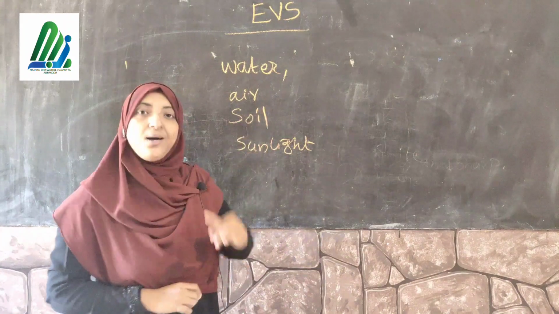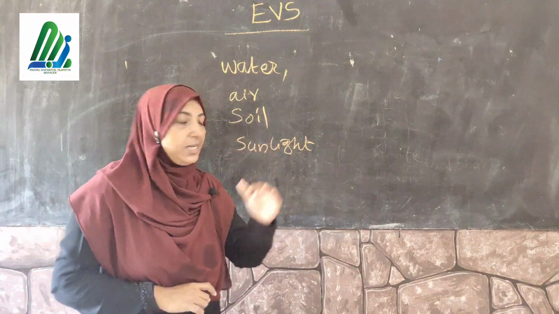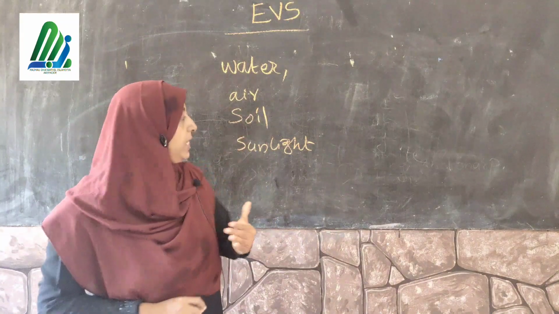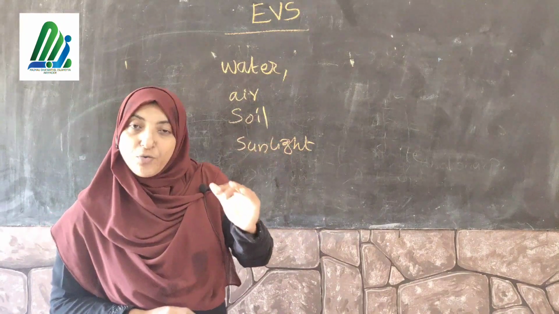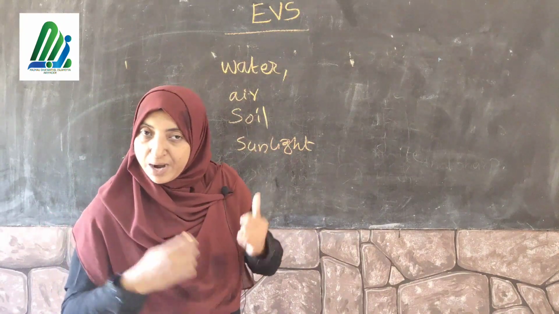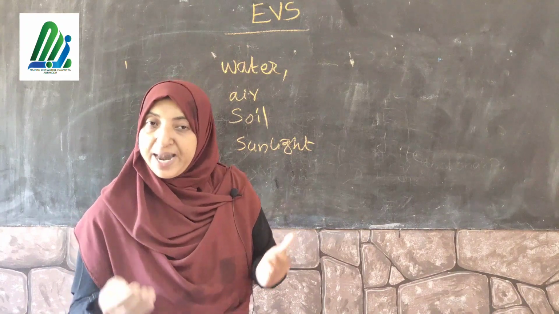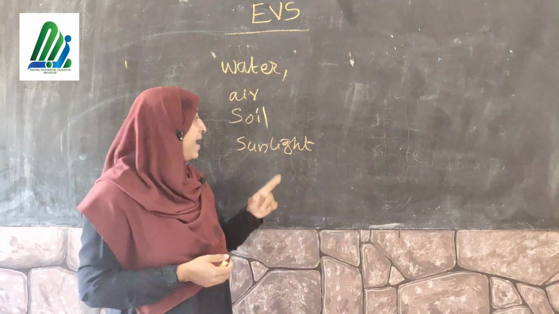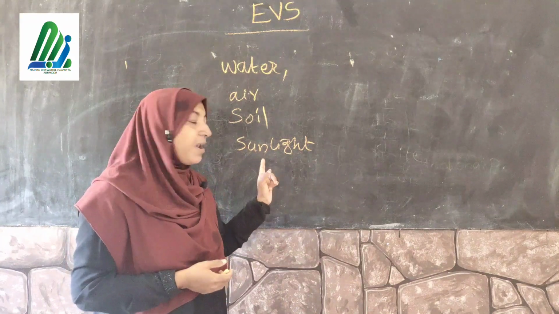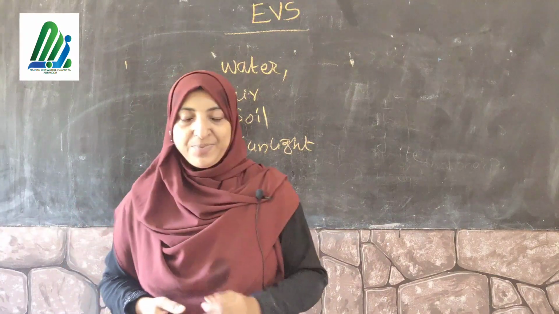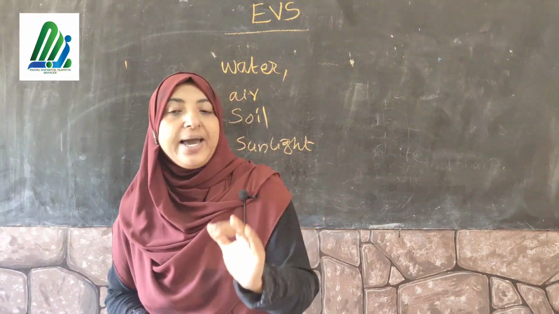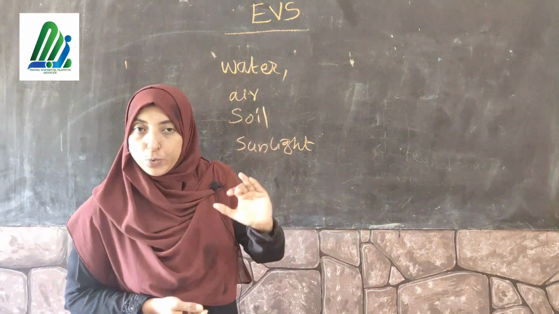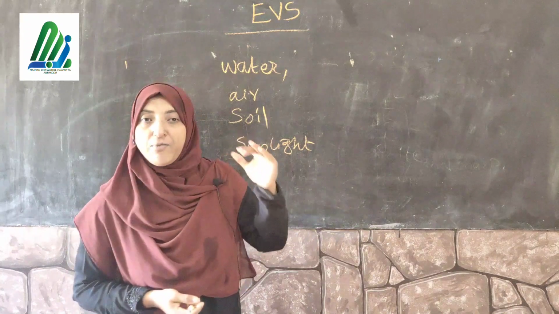Clear? So we need water, animals need water, all other organisms need water. Then we need air, other creatures also need air, plants also need air. Then soil. We can't live without soil because we can't construct our house. We can't plant any food items without soil. So we need soil, plants also need soil. Then sunlight. Without soil, without sunlight, nothing grows on the earth. If there are no plants on the earth, we can't live. So these are the four important things that are very essential for you and all other organisms for their survival.